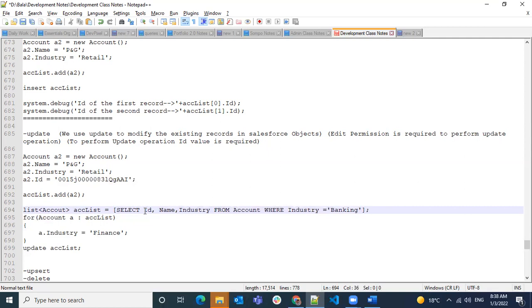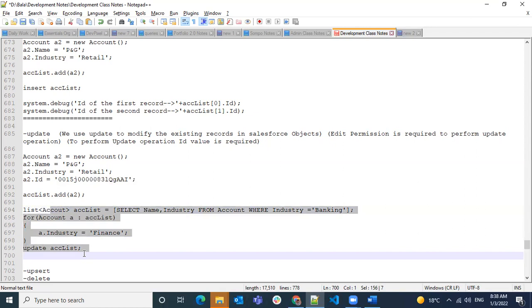It is not required that you mention the ID column every time. It is a default field when you're doing a SOQL query. So this is how we do an update. First, we write a query and extract the information, then do all the modifications that you have, and then perform the update operation.